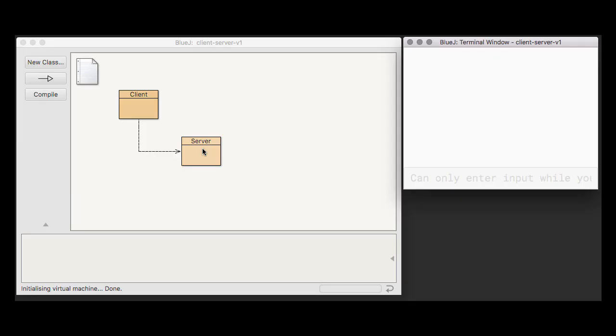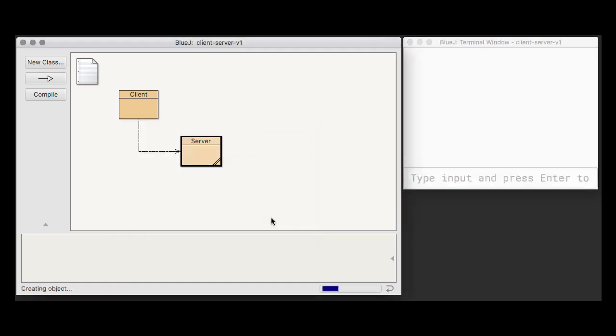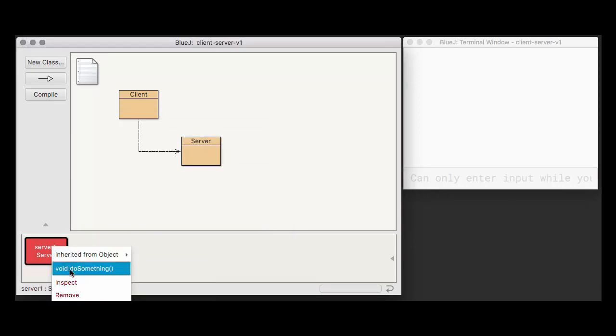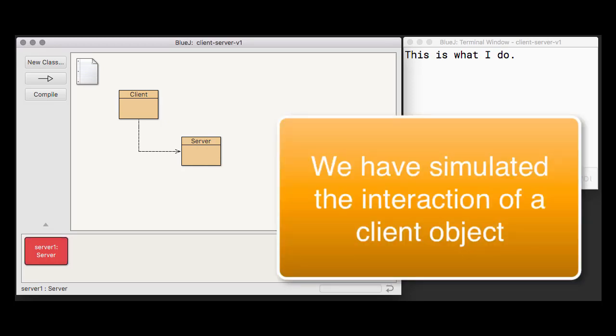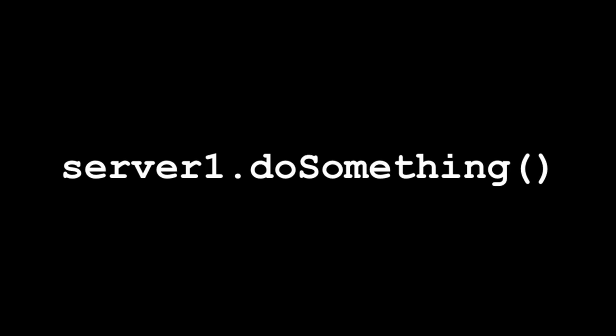It can be a little tricky to visualize object interaction, but let's have a go with this project. Firstly, we create a server object on the BlueJ object bench. If we now call its doSomething method, we're actually simulating the role of a client, and the server object is providing a service to us, in this case simply printing a message. The code equivalent for our interaction is